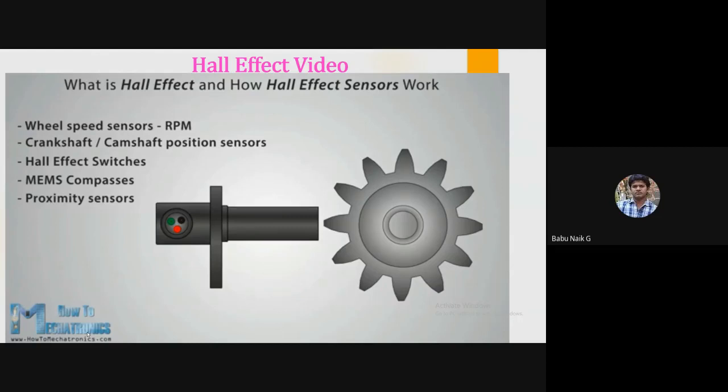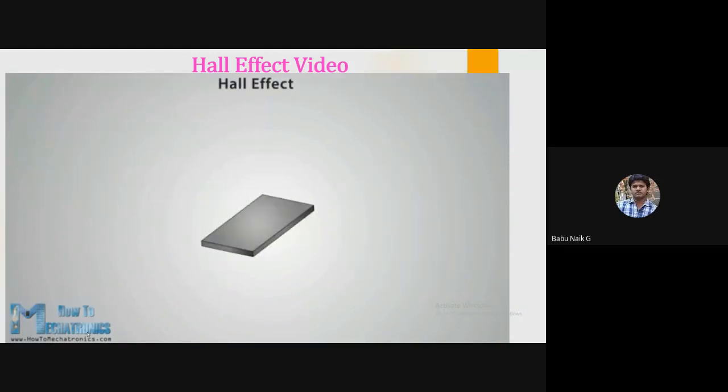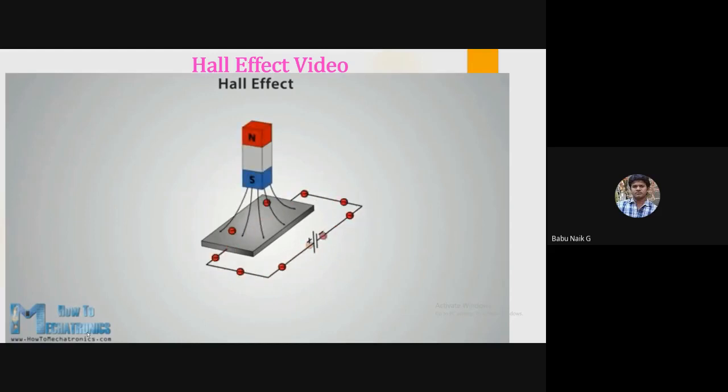Now we will go through some of these sensors and see how they work, but first let's explain what is the Hall effect. Here's the experiment that explains the Hall effect. If we have a thin conductive plate as illustrated and we set current to flow through it, the charge carriers would flow in a straight line from one to the other side of the plate. Now, if we bring some magnetic field near the plate, we would disturb the straight flow of the charge carriers due to a force called Lorentz force. In such a case, the electrons would deflect to one side of the plate and the positive poles to the other side of the plate.